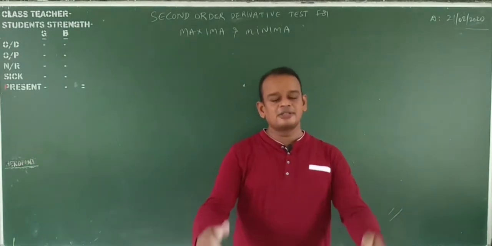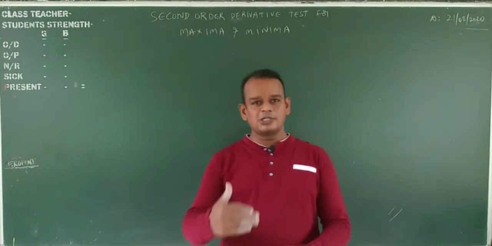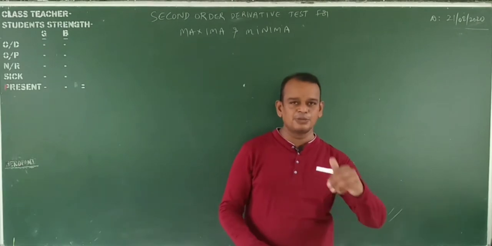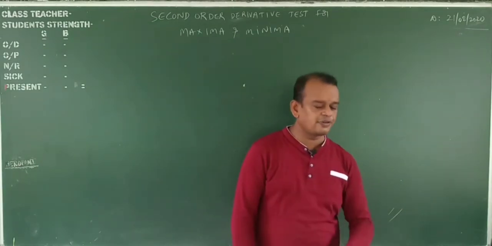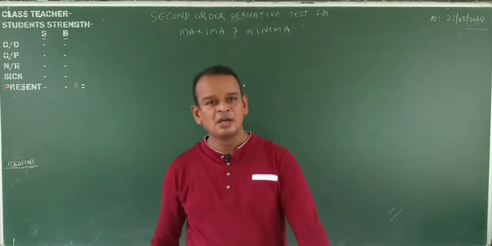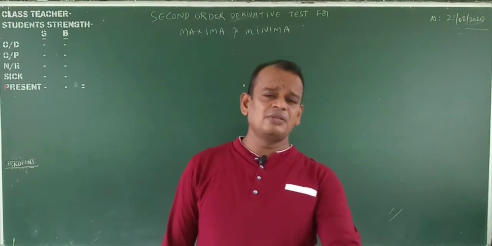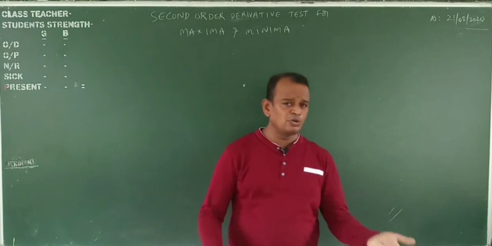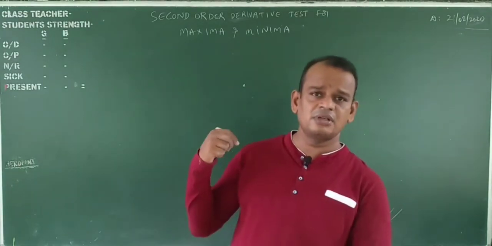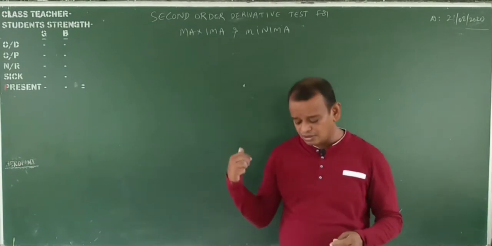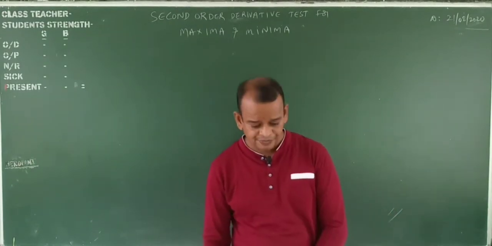Okay, before class I discussed maxima and minima in the closed interval, meaning the first order derivative test for local maxima and local minima. By using that, you can find the local maxima and local minima, you know very well. First follow those two videos, after that listen to this one. If you listen to this one directly, you cannot understand anything.